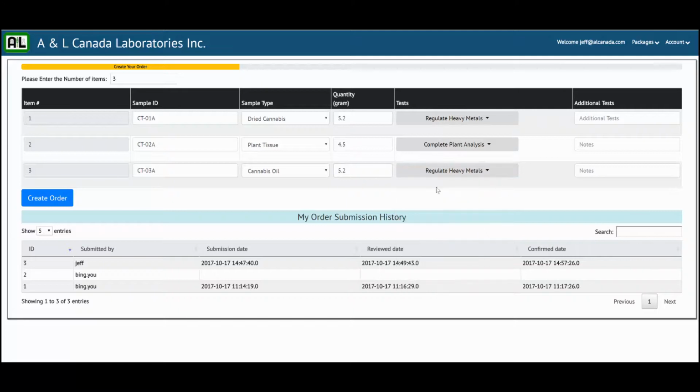So basically you've set the 3 sample IDs for the samples that you'll be sending in, the types of samples they are, the grams, the tests that you want to have done. You can also type in any additional tests here that aren't in the drop-down lists. So if there's something else you wanted tested, you could just type that in here. So basically you come in here, you enter all that information, hit create order,